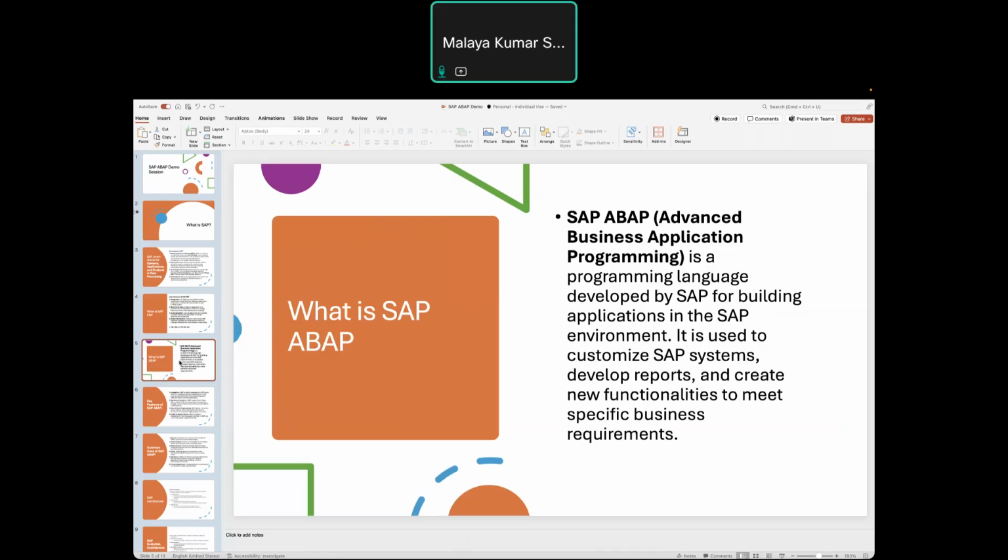So SAP ABAP is a business application programming language which is specially designed by SAP for SAP customizing. So what is customizing? Let's understand. As I said, if you have SD and you have a flow and there you need some customization. SAP is already giving their software, so if you want to customize, you need to change something, right? That change would be done by your technical person, the SAP ABAPers.